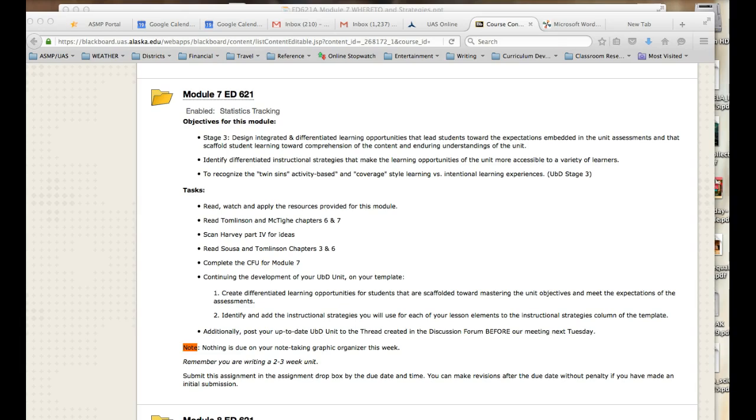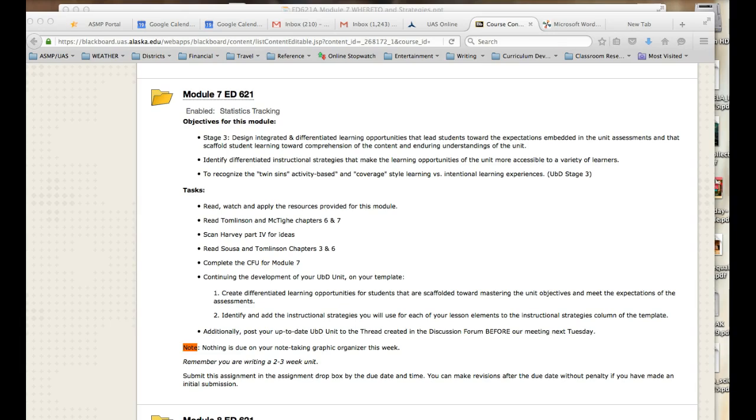And continuing the development of your UbD unit, create differentiated learning opportunities for students that are scaffolded toward mastering the unit objectives and meet the expectations of the assessments. Identify and add the instructional strategies you will use for each of your lesson units to the instructional strategies column in the template. Additionally, you're going to post your up-to-date UbD unit thread to the discussion forum before our meeting next Tuesday,